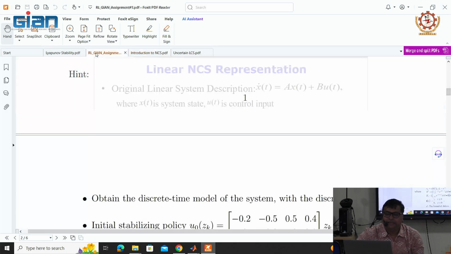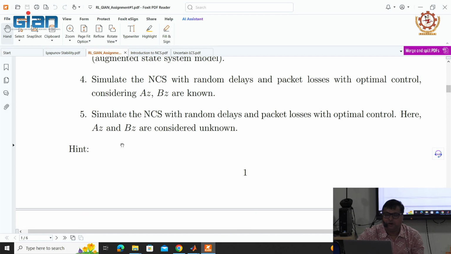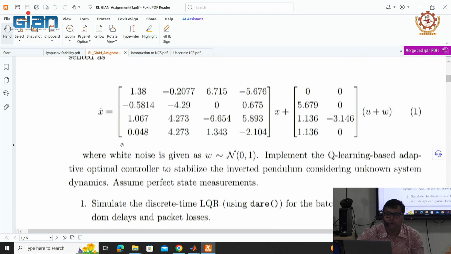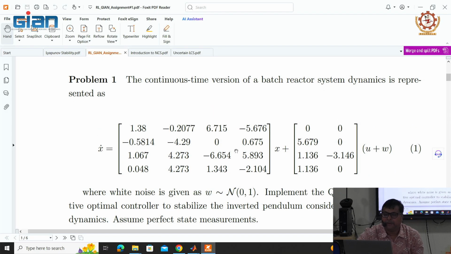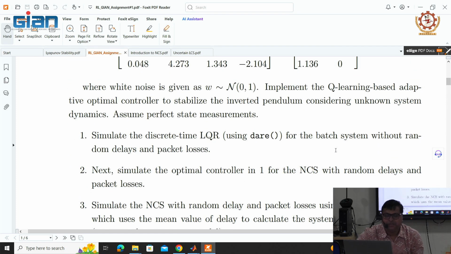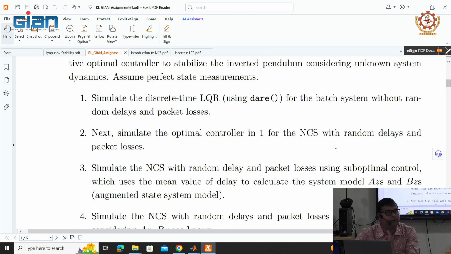Problem 2 is basically the same as problem 1. Here you will find the continuous time batch reactor. What is the dimension of the A matrix? 4 cross 4. And what is the dimension of the B matrix? So it is basically a MIMO system. Okay. Now, the same modular way that you have used to solve this batch reactor,